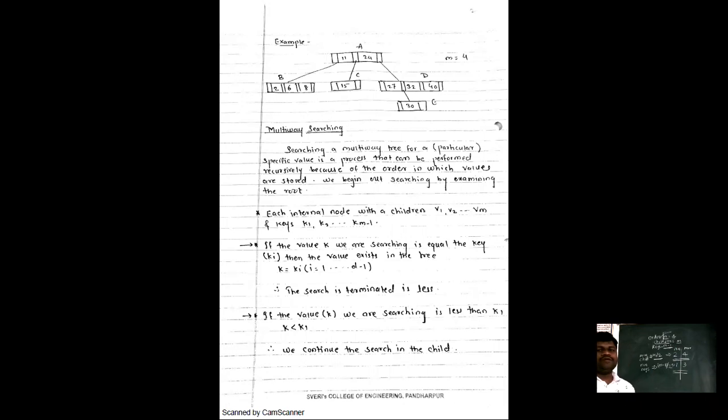So what is the first benefit? We have balanced the height of the tree. Now if you have reduced the height of the tree, it means searching is very easy as compared with the binary tree. Will searching be easy or difficult? So what is the benefit of multi-way search tree? Insertion, searching, so whatever operations we are performing or traversing, all these operations are performed very easily in a multi-way search tree as compared with the binary tree. So this is the main benefit we are discussing with multi-way trees.